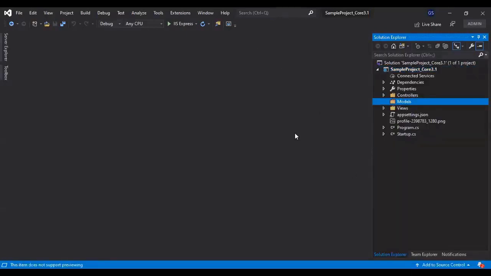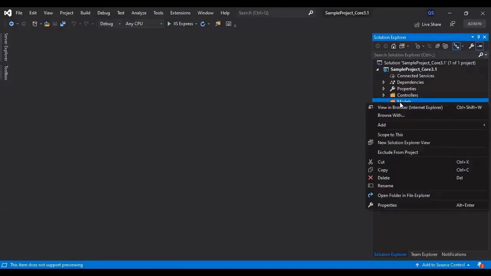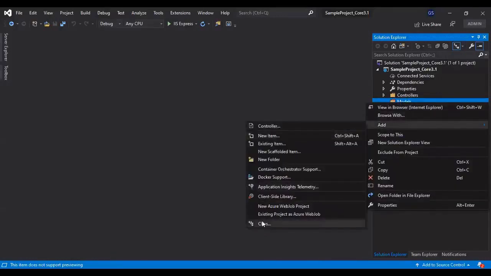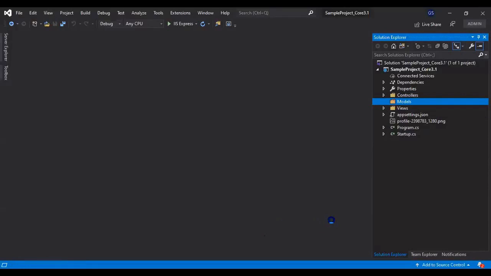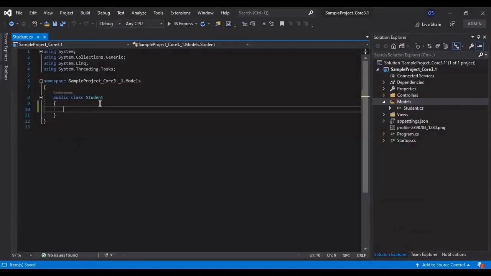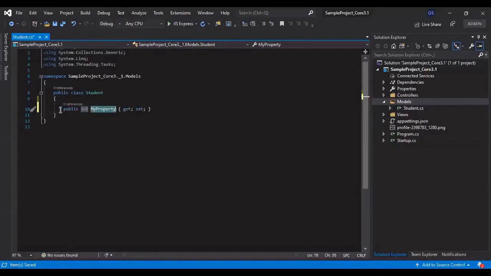And now let's add a model to represent the student data. So right click on the Models folder, Add, click on Class, give the name. So we have added the model. Now we need to add the properties. The first, we need ID to identify the record uniquely. To add a property the fastest way, we can use the shortcut: just type prop and double tab. We get the opportunity to change the data type. So we need ID, and we keep it as an int.